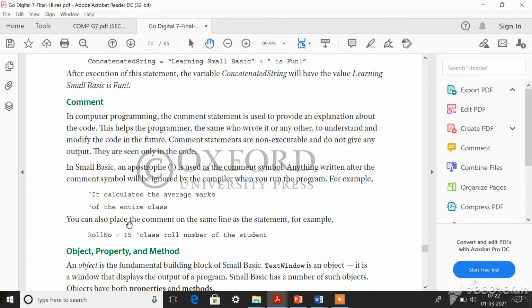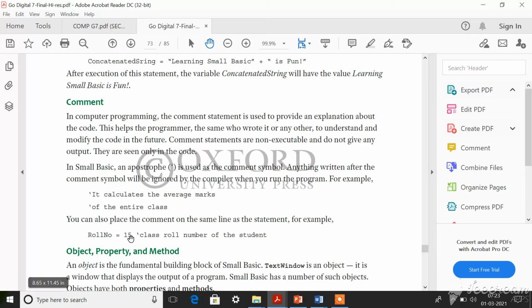But when you type something as a comment in your program, exactly whatever you have typed will be displayed in the output screen. Okay, so that can be done. Whenever you want to type a comment, you should use this single apostrophe. Look at this apostrophe. This apostrophe symbol is used to type any comment. This is helpful when some other person, not only you, is reading your program, they are able to understand what a particular line in your program means.